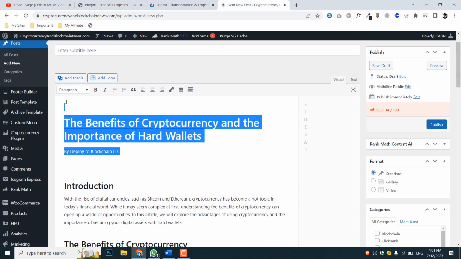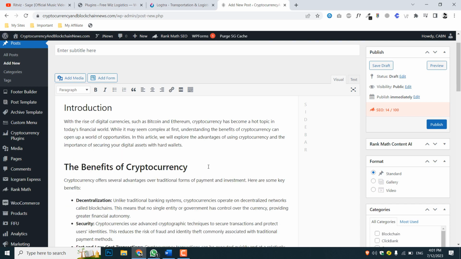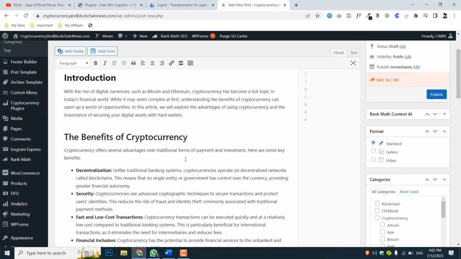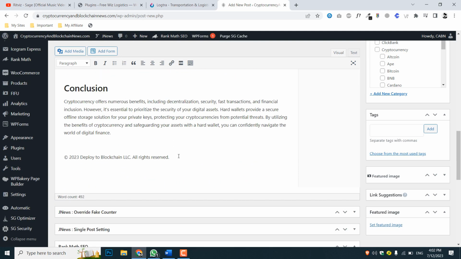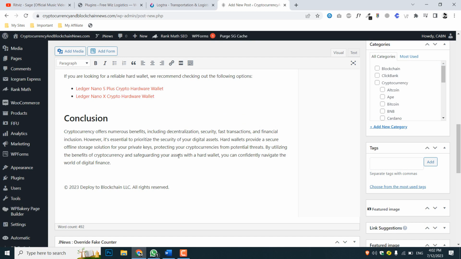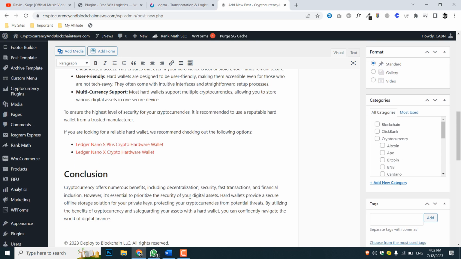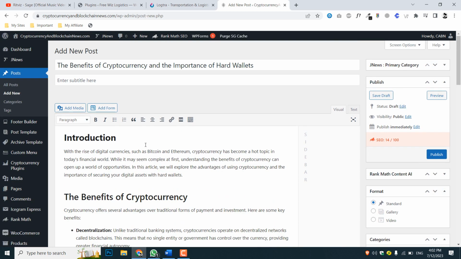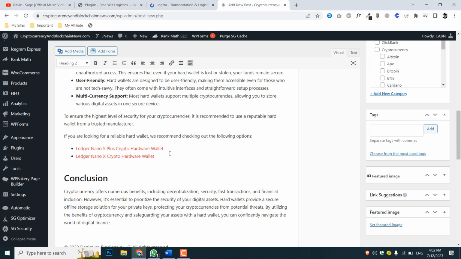So let's remove the unwanted sections. Okay, so now you can see this is an introduction and some key points. Any of this you can edit, add, or delete from here. And even if you want to add any media file as part of the content,